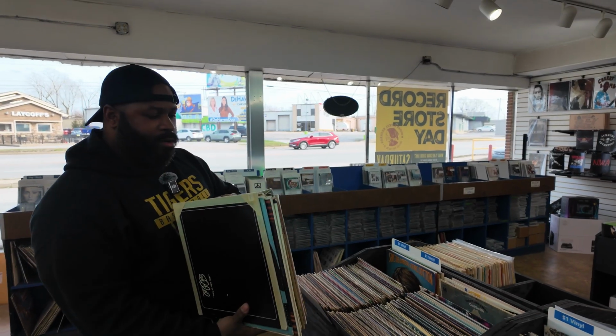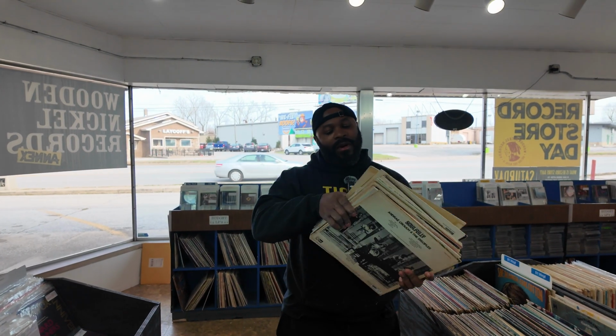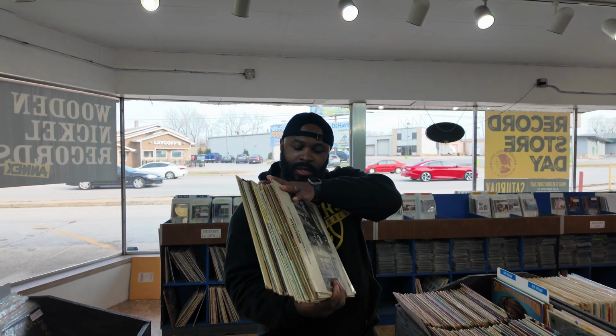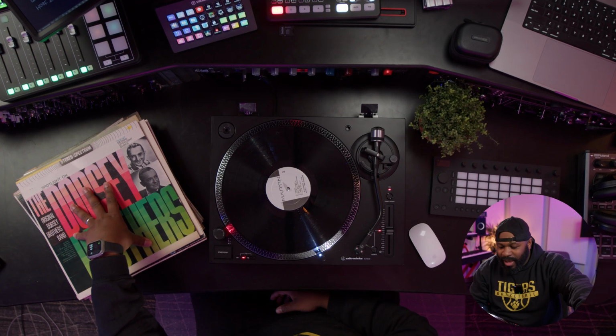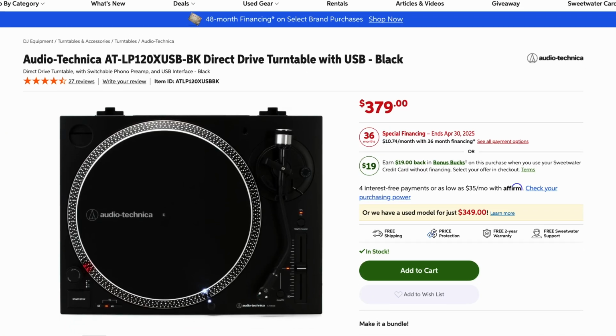So we got about 21 records that we about to go ahead and pay for and head back to the office and sample them and see what we can come up with, see what we can find. So let's go. I have all of my records over here, and we have an actual record player, the Audio-Technica